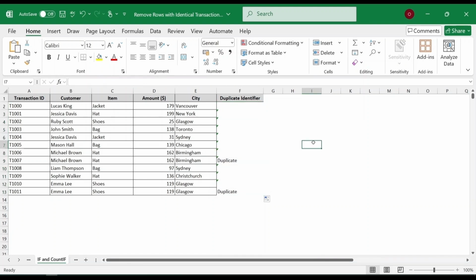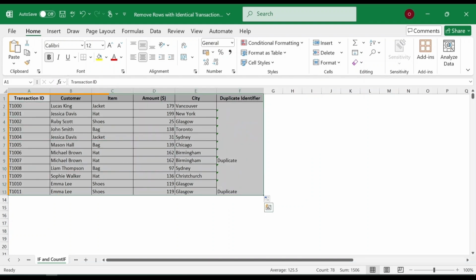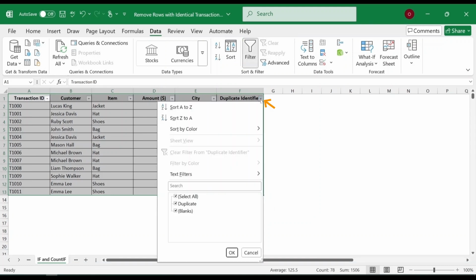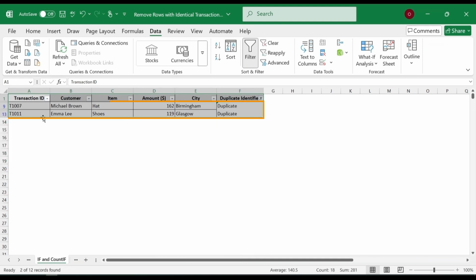Now, let's sort and remove the duplicate rows. In order to do that, first, select the whole dataset, head to the Data tab, in the Sort and Filter section, choose Filter. On the helper column header, click the down arrow, unselect the blanks, and click OK. Select the duplicate rows,